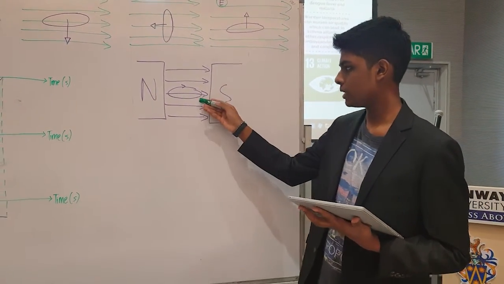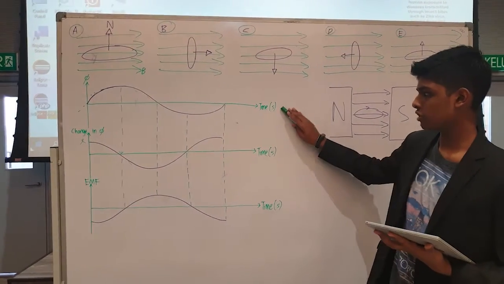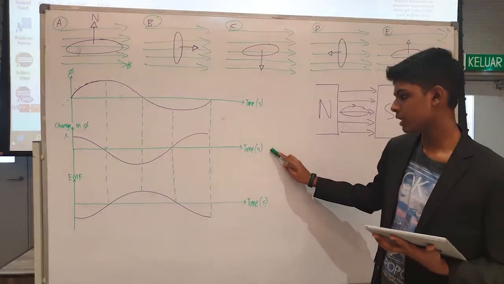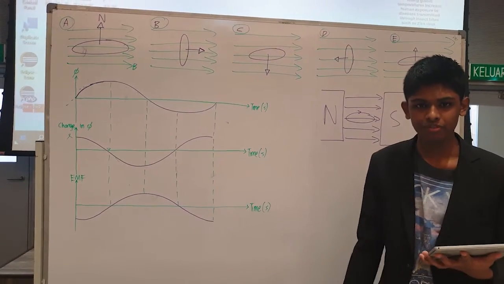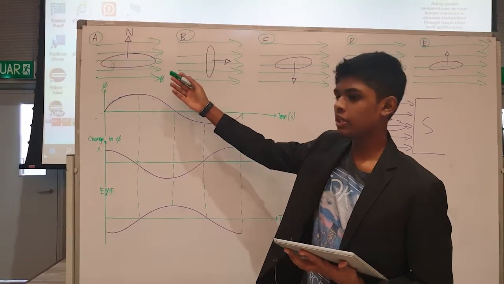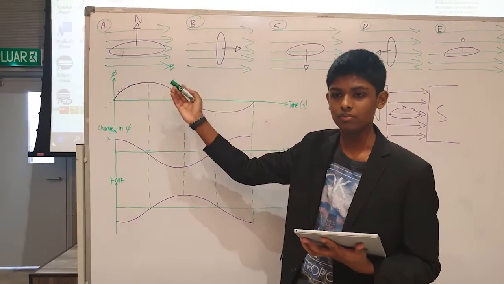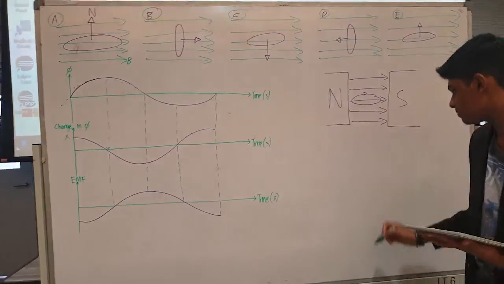We have an armature coil in the middle with the current flowing in the clockwise direction. Here I have three graphs: the flux over time graph, the change in flux over time graph, and the EMF over time graph. So at the beginning, the armature coil is placed parallel to the magnetic field and the normal is perpendicular to the magnetic field. And according to this formula,